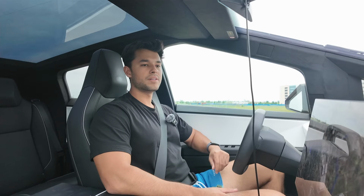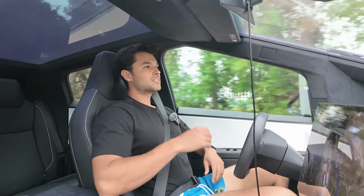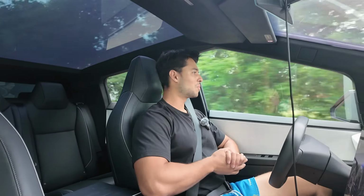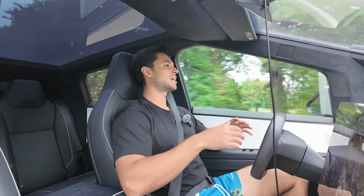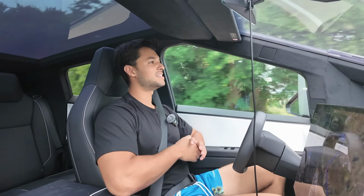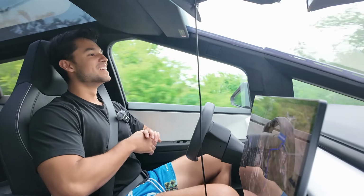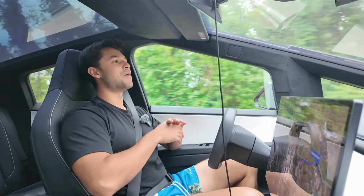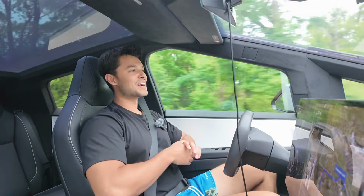Not bad at all. But it's just interesting to think about, like the first Model S's, those generation, you can pick those up for like sometimes under $10,000. So are we going to see, a decade into the future, a bunch of these early Cybertrucks just for like $8,000 or $10,000? I think that would be crazy. Just seeing some people, maybe in the lower income or near poverty line of income per year driving around in a